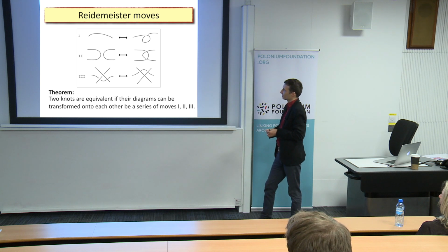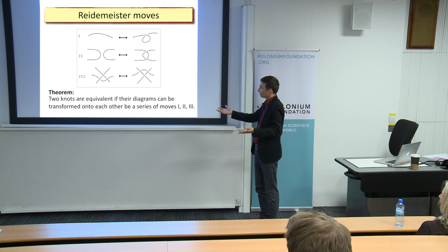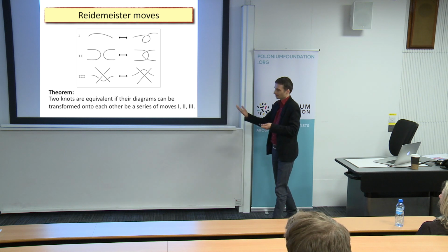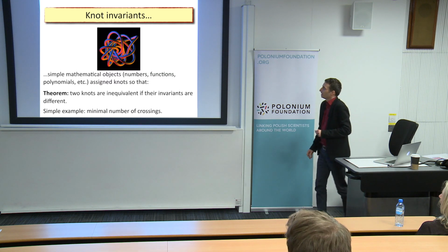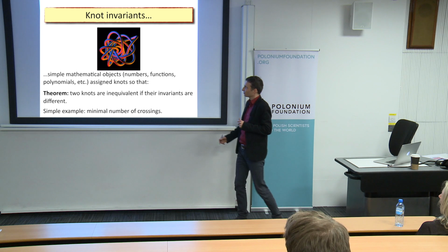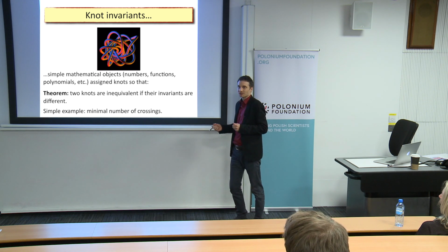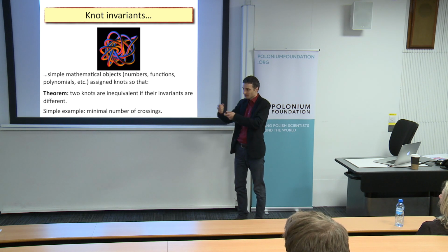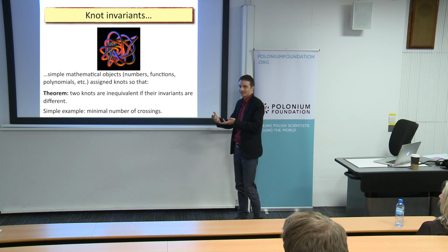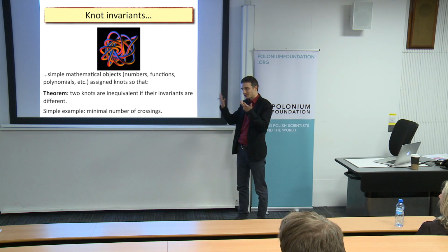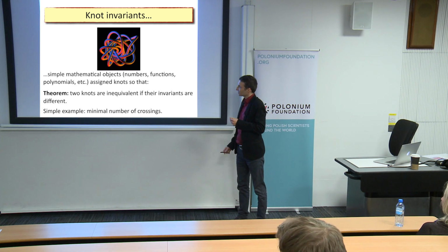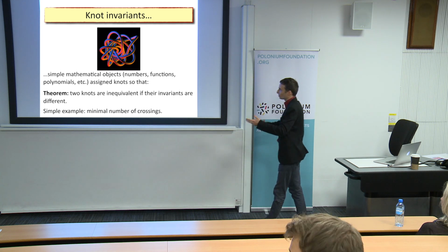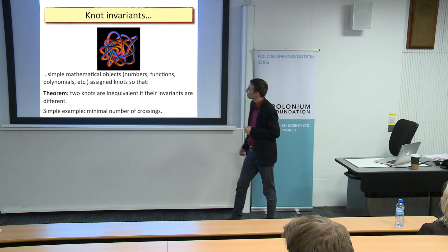So there is a theorem that if you have two knots and one is equivalent to the other, then you can find a sequence made of these three moves which transforms them onto each other. But these Reidemeister moves are also not very convenient in a sense. So playing with them would be the same as playing with those pieces of rope, and it is quite hard. It is not algorithmic. You would have to probably get some additional insights to see how two knots can be transformed to each other.